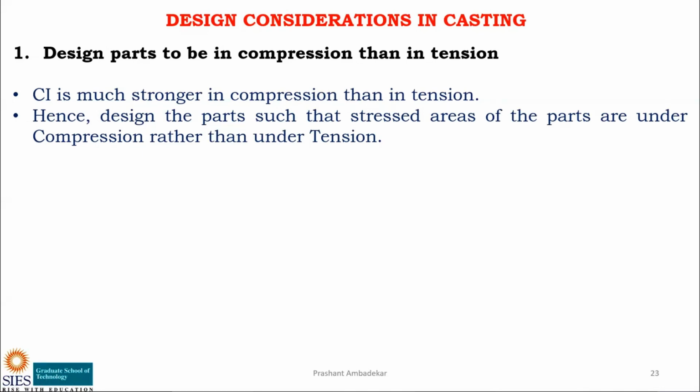So what is the first consideration? You have to design the cast part. So the first consideration is to design parts to be in compression rather than in tension. I told you casting is brittle. Casting is made up of cast iron. Cast iron is a brittle material. And if you remember, I told you cast iron has excellent compressive strength. Cast iron is strong in compression, and since it is strong in compression